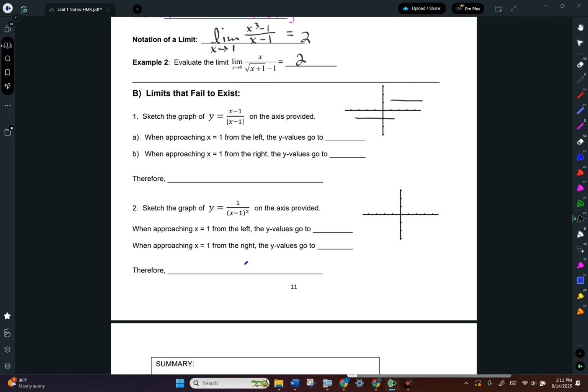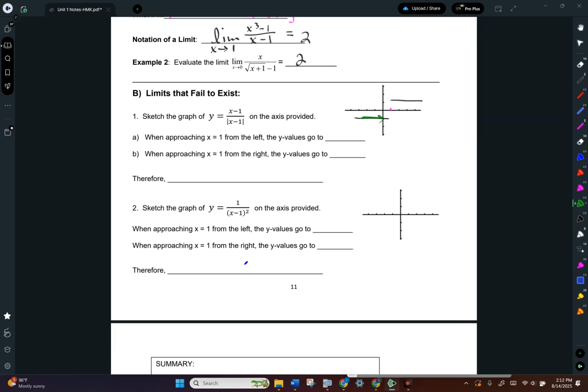Okay. So when approaching x equals 1 from the left. All right. So right here is where x equals 1. My graph is off a little bit. That kind of stopped right there. Okay, so as I'm approaching x equals 1 from the left, so I'm coming in from the left right here